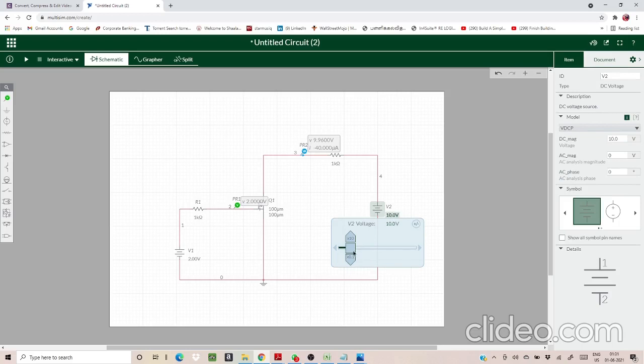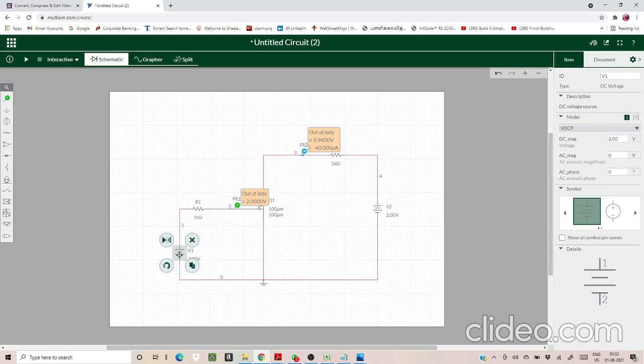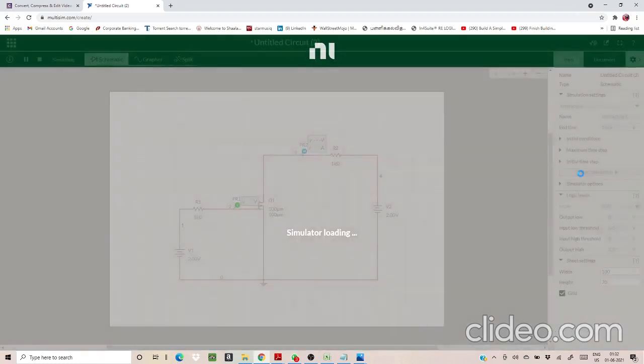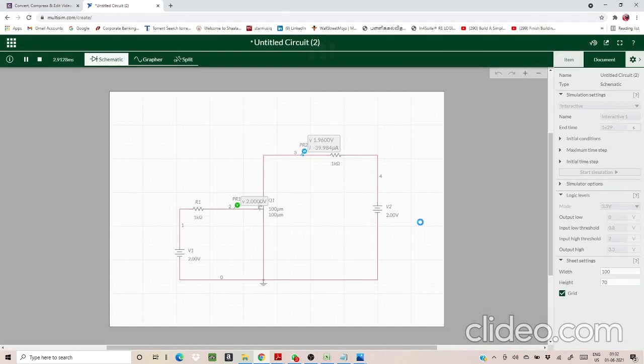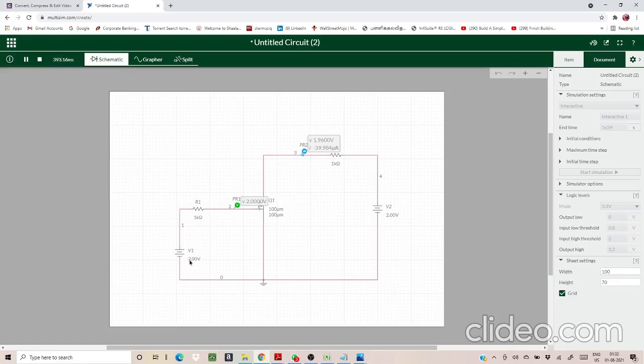In order to do that, here you can note 10 into 0.1. That just helps you in adjusting the values. Okay. So now we must adjust it to 2 volt. Okay. So now this is set, VDS is set to 2 volt. Now you must adjust the VGS. So I've placed it in 2 volt. Let it be in 2 volt. Okay. Now just start simulation. So I've got this 39.984. We have already got the value. Okay. Just note down the same value, 39.984 microamp.